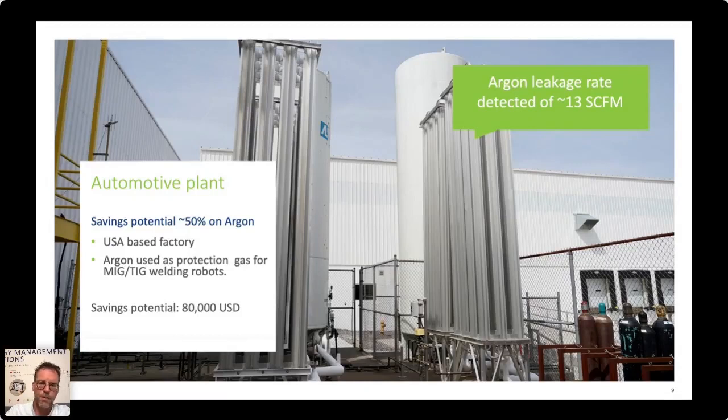But at the machine level, there were a lot of welding robots with rubber hoses. And those hoses were probably 20 plus years old. So they had a lot of small cracks in it because of all the movement of the robots, of course. And they found out that by fixing those leaks, you cannot fix them all overnight, but eventually they could save